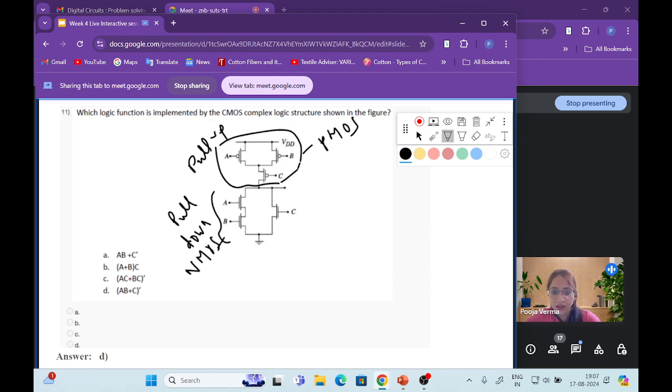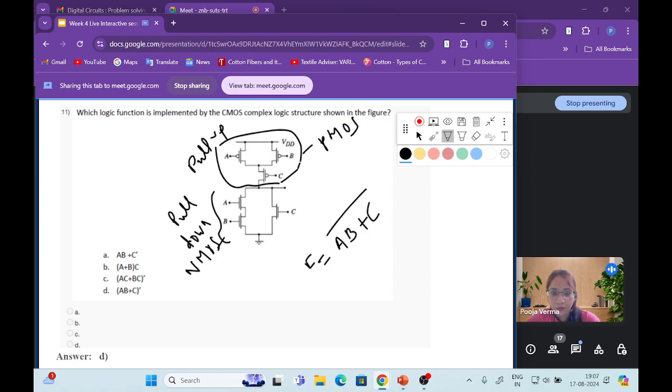This is the N-type NMOS transistor. So A, B in series means A into B. And this AB in series is connected with C in parallel, right? So there will be a plus,